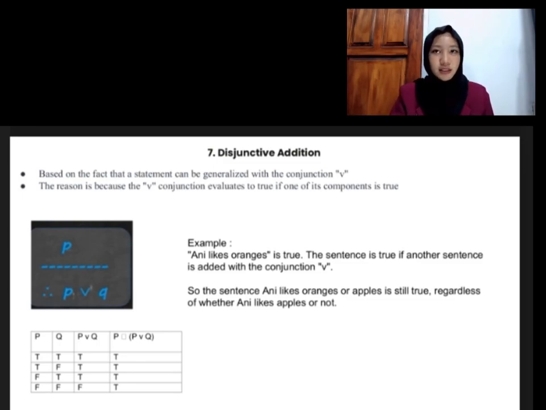Disjunctive addition is a basic rule of logic used to combine true statements with others using the word or. The rule says, if a statement P is true, then the statement P or Q will also be true. For example, let's say P is the sky is blue. Since that's true, we can add any other statement like Q, it is snowing. So we get the sky is blue or it is snowing. The new statement is still true because the first part P is true.